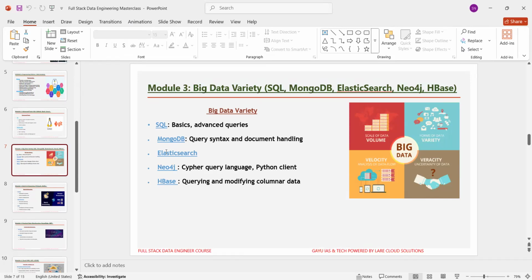After completing MongoDB, we are learning about Elasticsearch, which is a full-text search engine. Here, you'll learn about indexing text-heavy data, writing search queries, relevance scoring, and real-time log analytics. You'll practice building a review search engine that ranks products by customer sentiment, and a customer support team searching complaint keywords across 1 million support tickets.